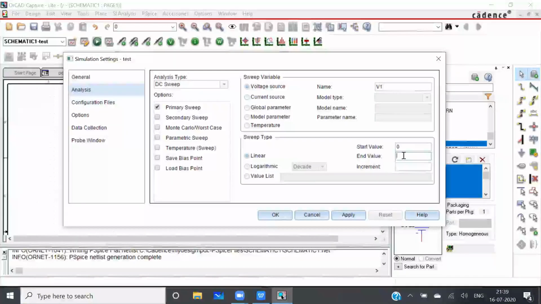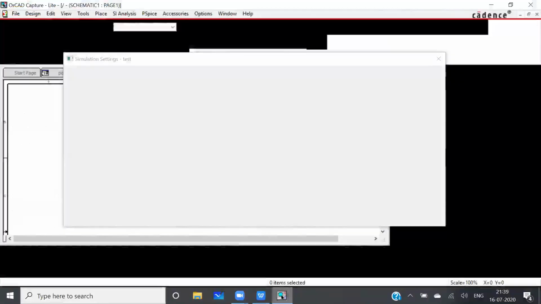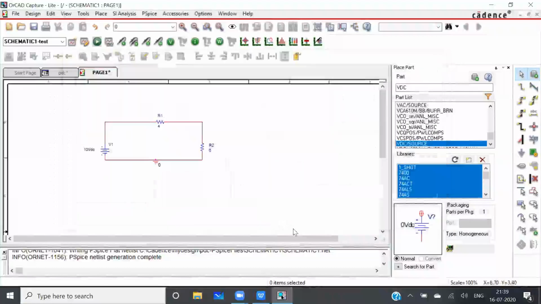In end value, I will write 10. Then increment, I want the increment to be 2 volt. First I took 0 volt, then 2 volt, 4 volt, 6 volt, 8 volt, 10 volt. So my increment is of 2 volt. So increment, I put as 2 volt. Then I'll click on OK.